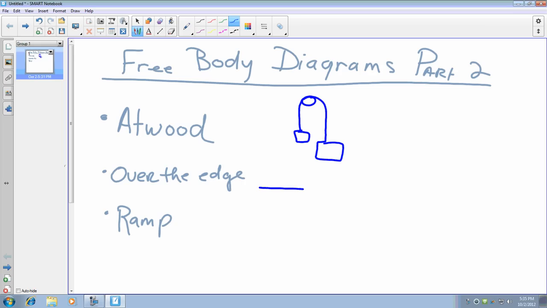Over the edge style problems, where maybe I have a cart of some sort, we have a pulley involved again, and possibly a mass down here, and we ask what happens to the acceleration when this system is released. And then finally, ramp problems, which are used oftentimes to discuss possibly a bicycle biking up a hill, moving something up a ramp,